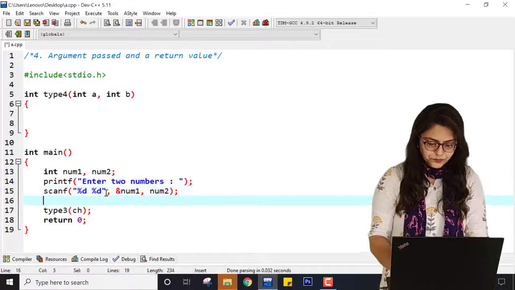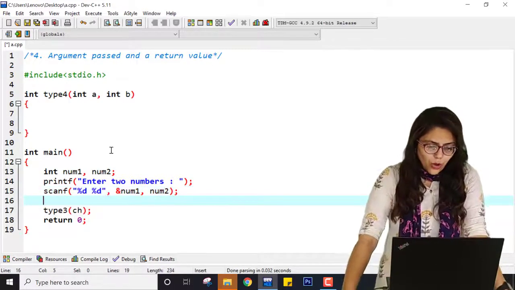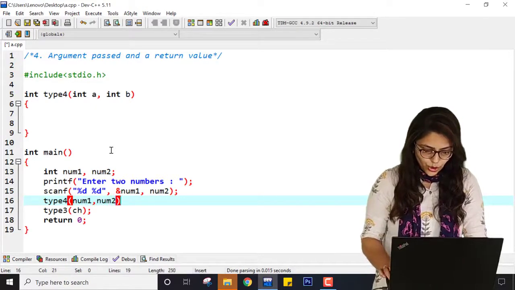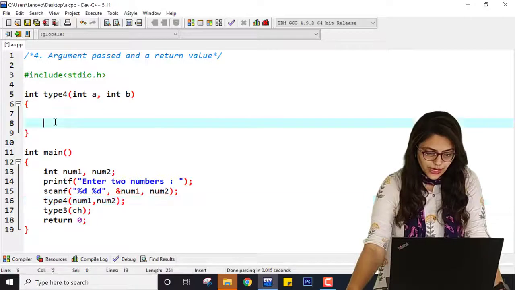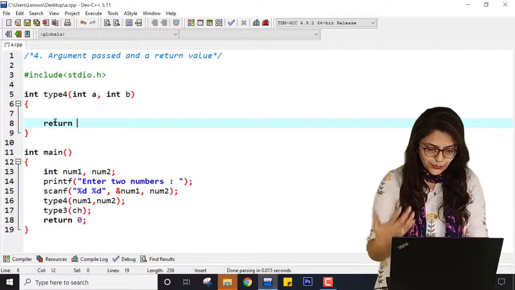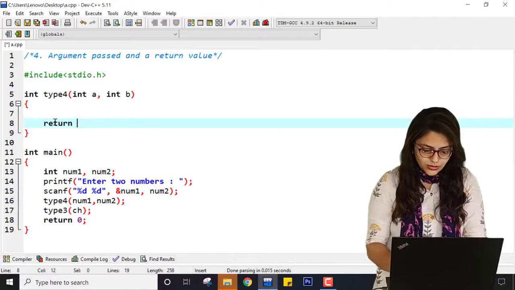And here what I am doing, I am calling type 4, and inside this I am passing num1 and num2. Now it will have some kind of return type, that is say c.